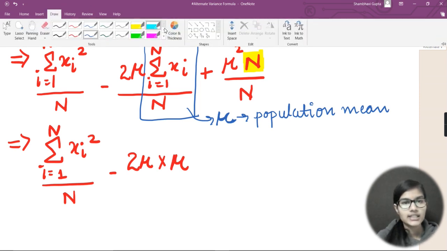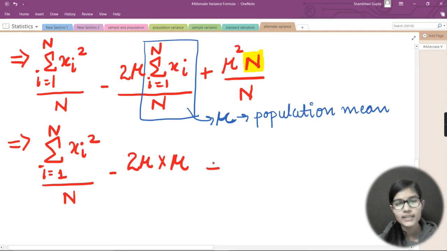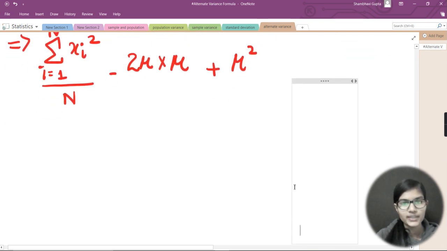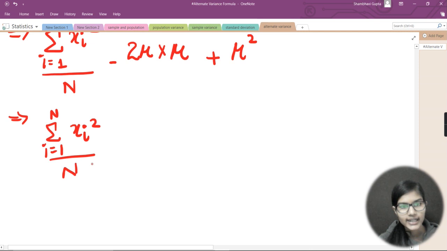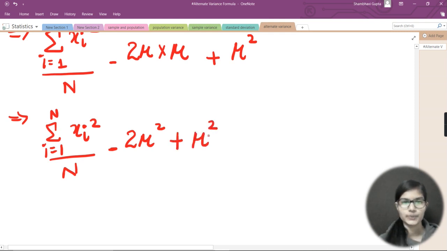Okay, so now again let me take my red color back. Now next step I'm going to put this plus sign, and then just see here, this n and this n are both cancelling each other. So simply what I got here is mu square, right? Now let's move to the next step, and let me make some space this side. Again I'm going to write this starting, that is sigma i is equal to 1 to n x of i whole square divided by n minus, now I'm going to multiply it and make it 2 mu square, right? Then I'm going to put a plus sign and again write the mu square, right?